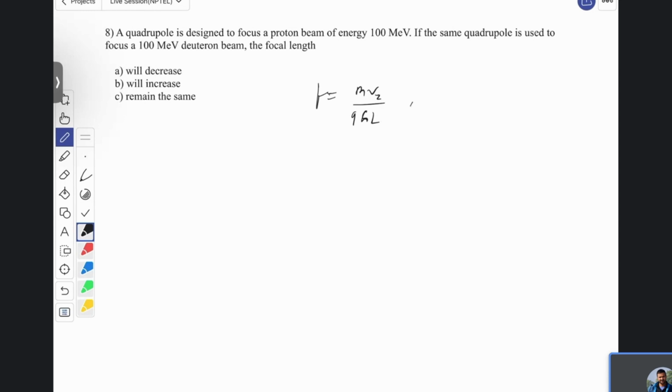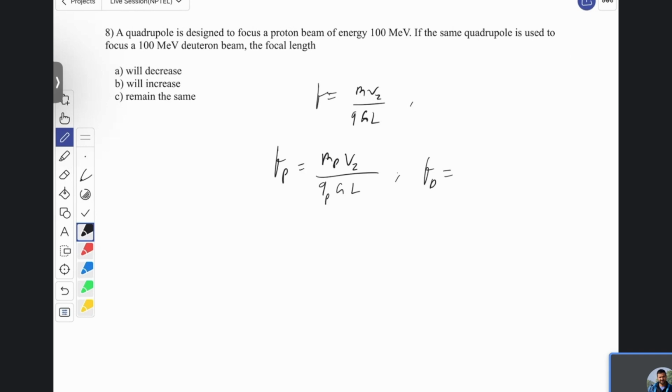So for a proton, let's write the mass of proton and velocity of proton beam, q of proton, g is the same, l is the same. And then for the